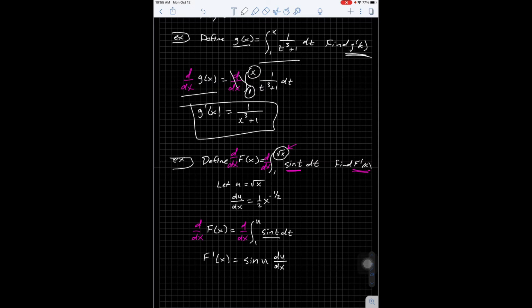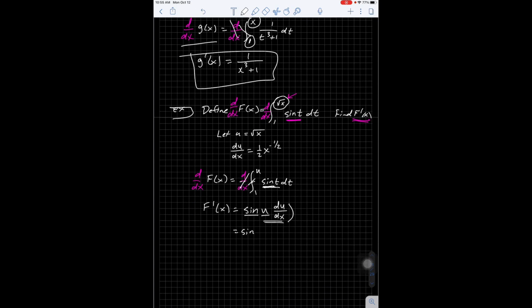Now, the reason that I didn't actually take the derivative of the sine is because this derivative and the integral cancel each other out, but I still have to finish that chain rule, if you will, right here. So these cancel, and the sine gets to stay what it is, but I still have to evaluate at the inside function times the derivative of the inside function, right? And so that ends up being,